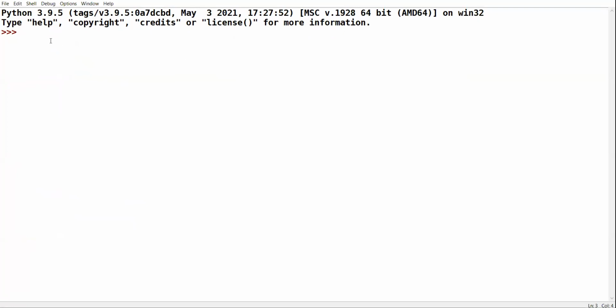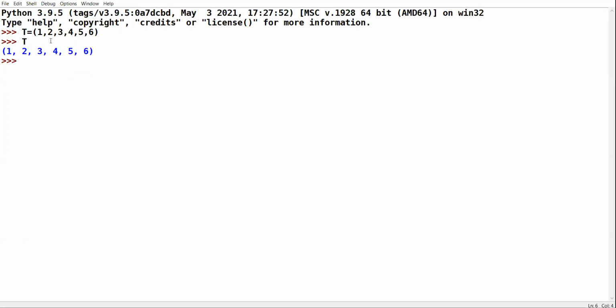Okay. I have a tuple with the name T equal to round bracket 1, 2, 3, 4, 5, 6. Round bracket closes. I print T. This is tuple.